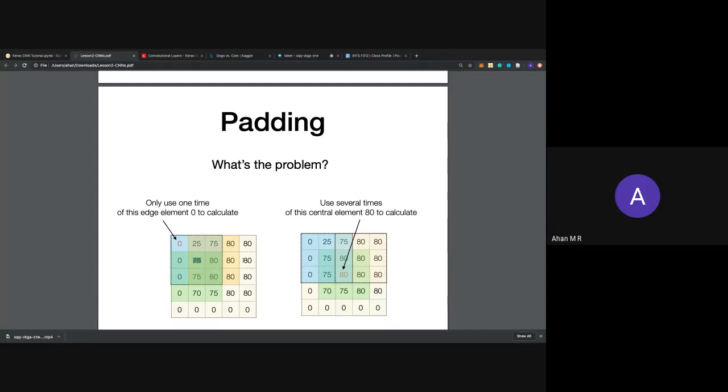So basically, padding is, given an image, you add a set of values onto its corners and edges. If you use zero padding, you add zeros everywhere. If you don't use padding, you end up missing out on performing convolution on all the edges and corner pixels.